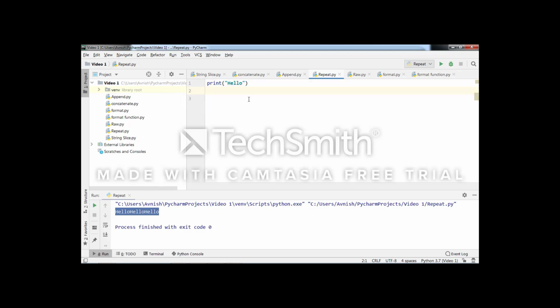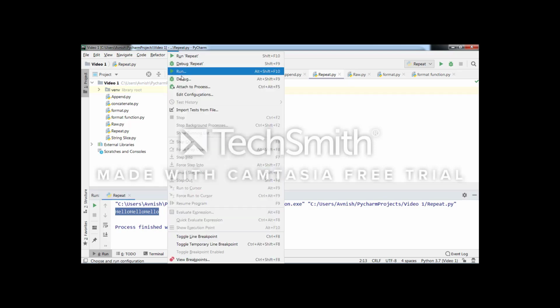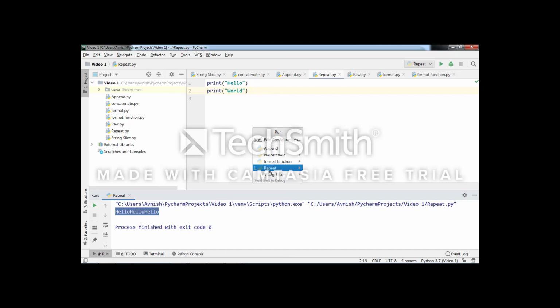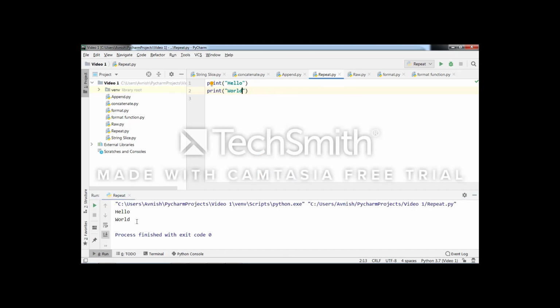I will take a print statement to print the word. Now we will execute this code first. See the output, hello world.